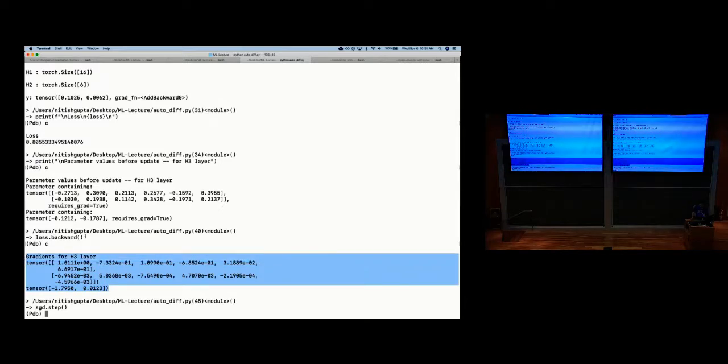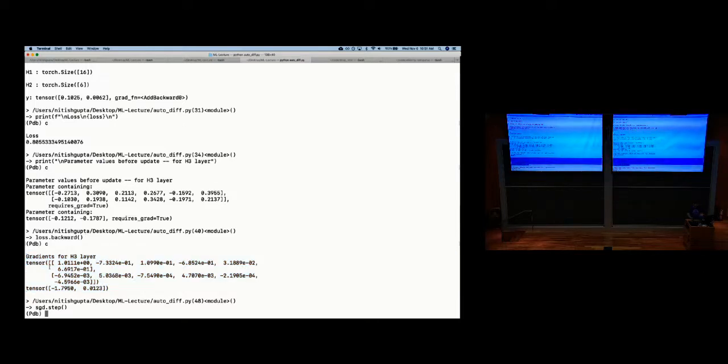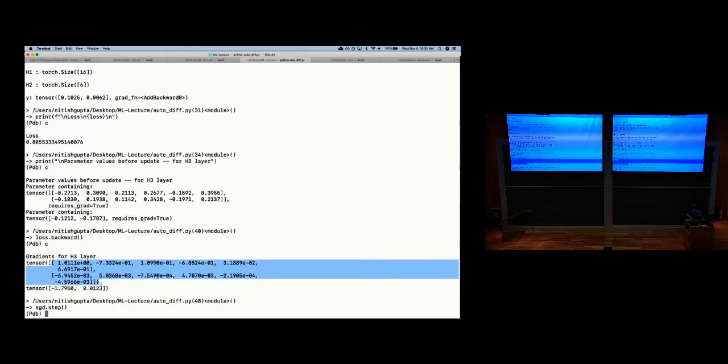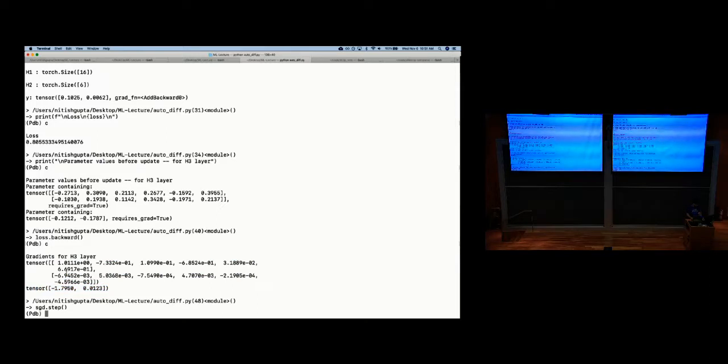Okay? So obviously, for each parameter, you should have a gradient value, right? So the size of the gradient is the same as the parameters. I'm only showing this for the H3 layer. Okay, let's look at the first bias term over here. So the value is negative 0.12. The gradient we compute is negative 1.7. So after the update,